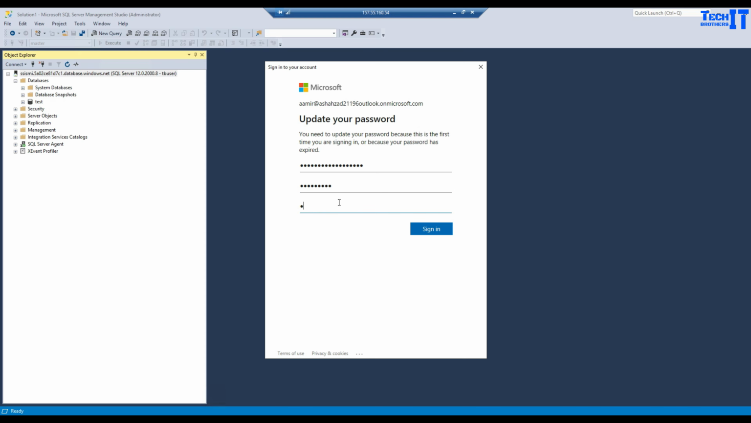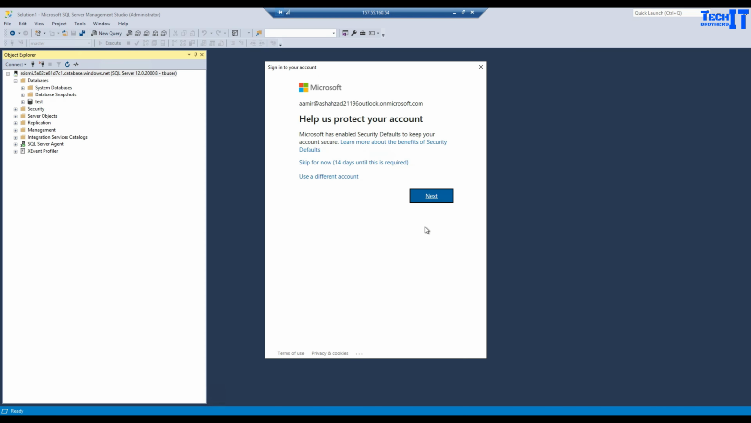So I'm going to set the password. Okay, sign in. Okay, so we are gonna skip this for now. We are just gonna keep for 14 days, and we should be all good here. So if you see right there, now I'm connected to the Azure managed instance by using my account Amir that